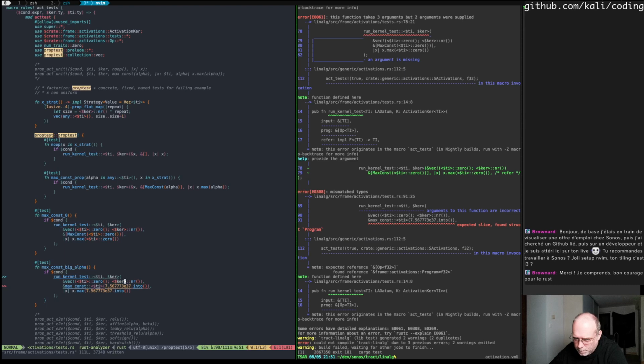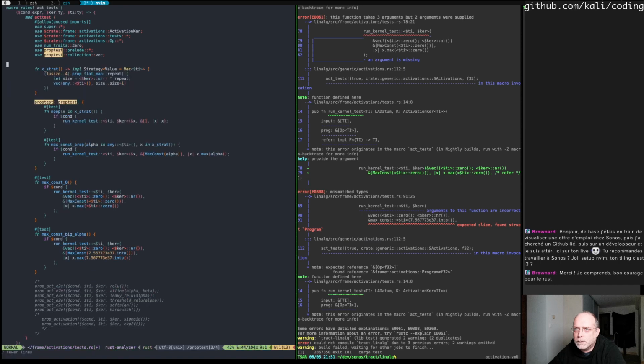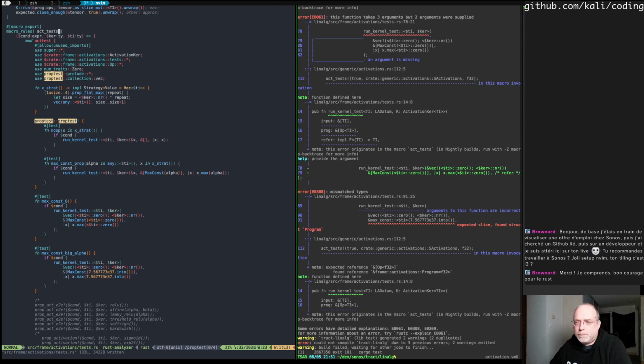All right, and this one will just be that. Okay. It is kind of better. Because, yeah, I like it better actually. So max const is done and no op is done. So this, it's still a bit messy because there is the macro aspect of it, which is a bit